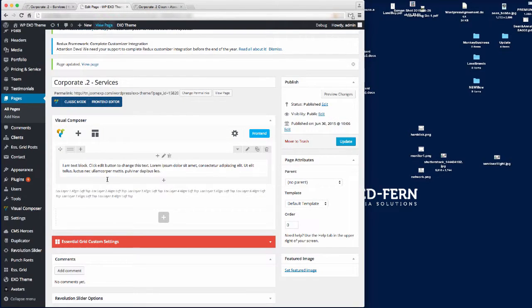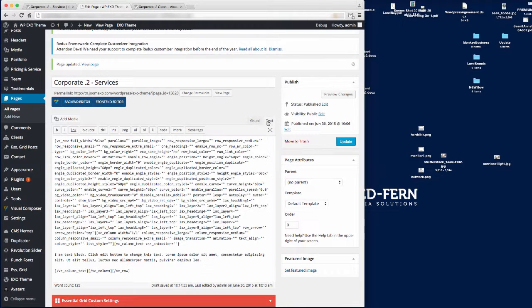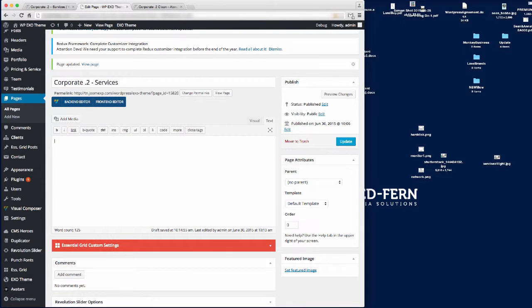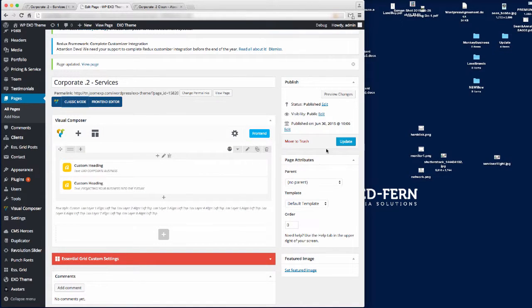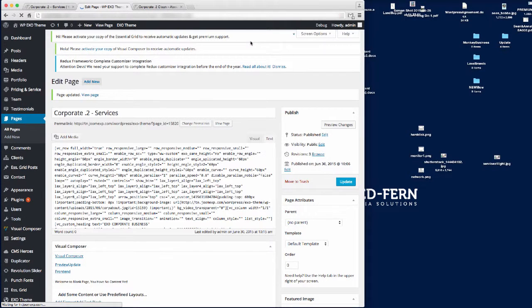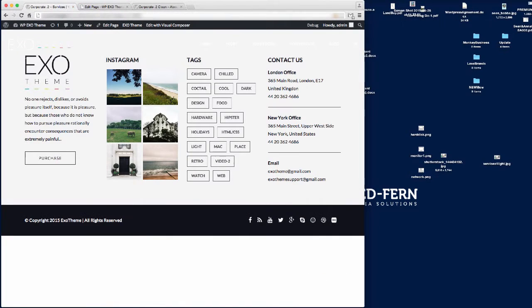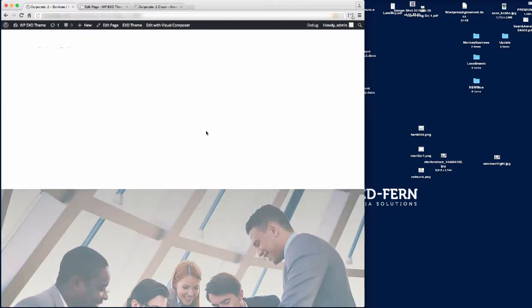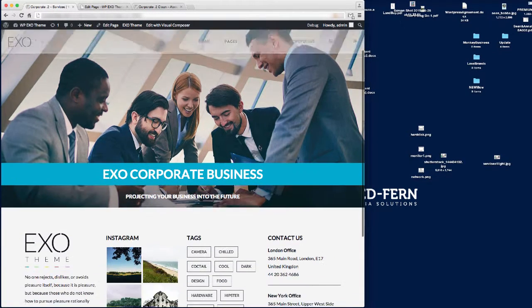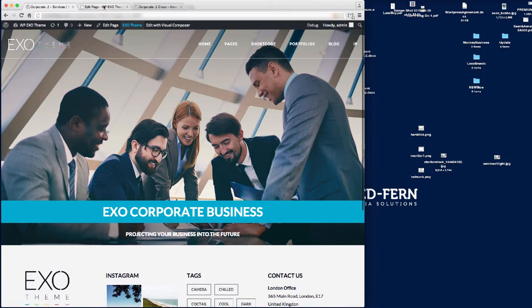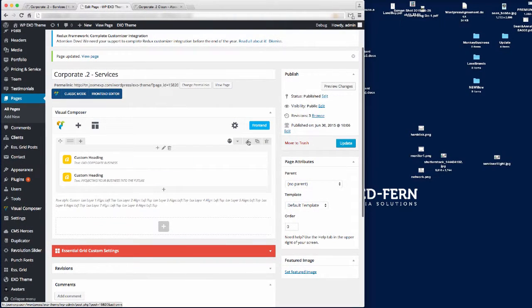If I go in here, go to classic mode, go to text, I'm going to delete what I just put in there, paste that in, go to the back-end editor, and update that page. Then let's refresh this page, and you'll see straight away we've got the template that we wanted to use. So I'm going to change the image here, so we're going to the row,